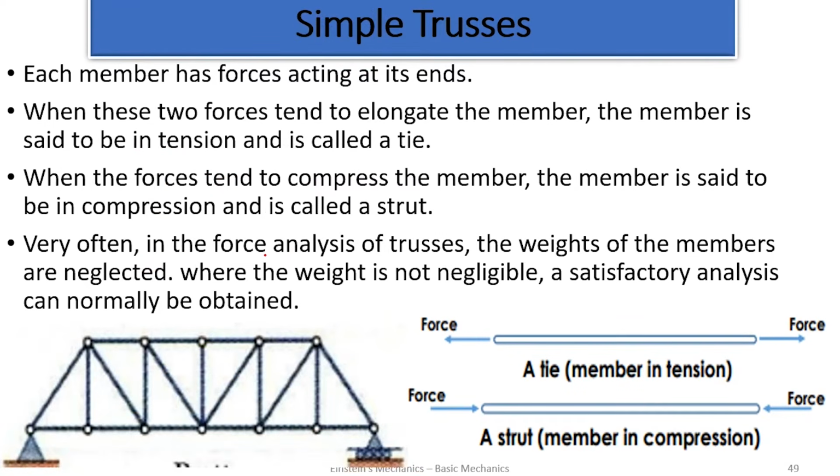Okay, so what again should we do? Each member has forces acting at its ends. When we take a truss, each member, remember I told you from one joint to another, is a member. So this, how many members? Let's count. 1, from here to here, 2, this 3, this 4, 5, this is 6, this, the straight one